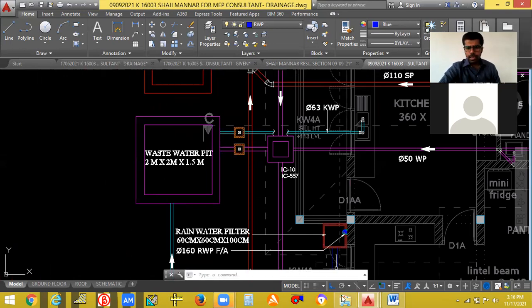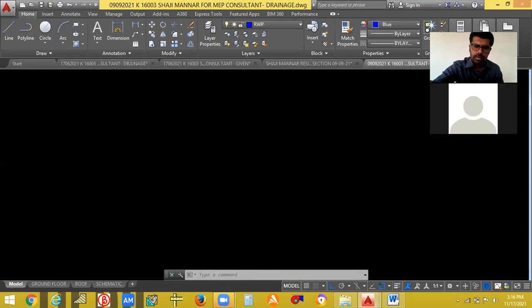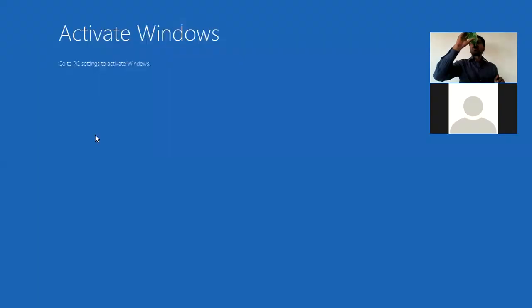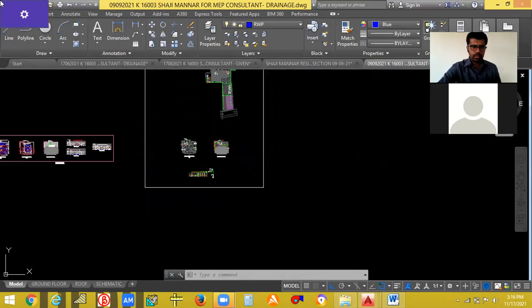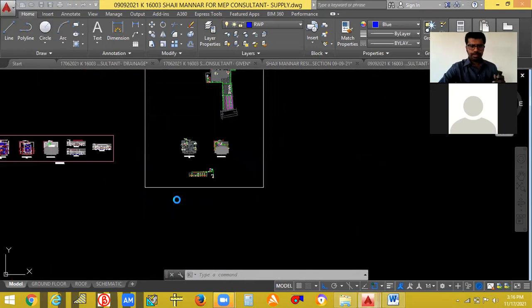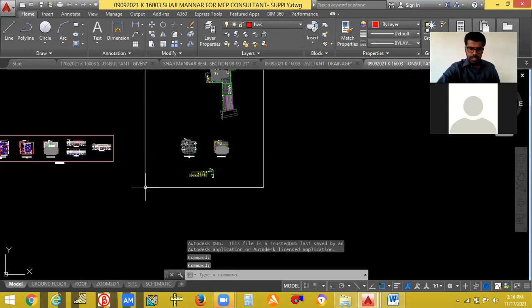So coming to the supply, how it looks when it is in supply. Just see the supply drawing.